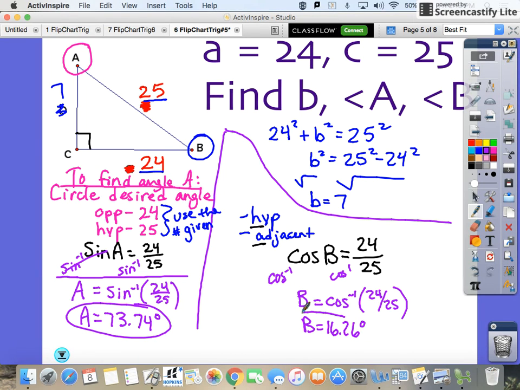Now, if you have stayed and listened to this whole thing, you're probably going to get annoyed with me, because what we could have done is after this point, we could have said, oh, okay, I know this is 73.74. We could do 180. So this is a secondary option. You could do 180 minus 90 because of